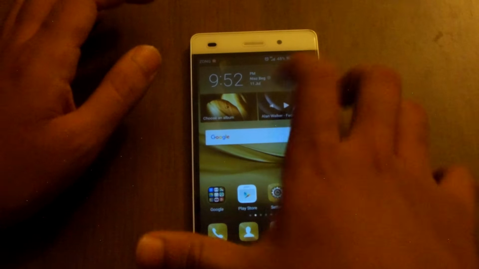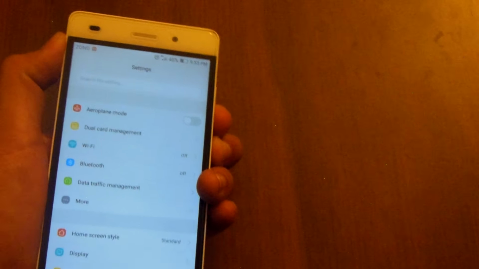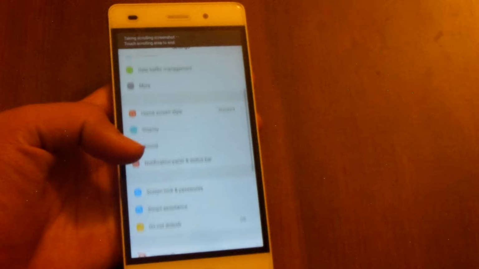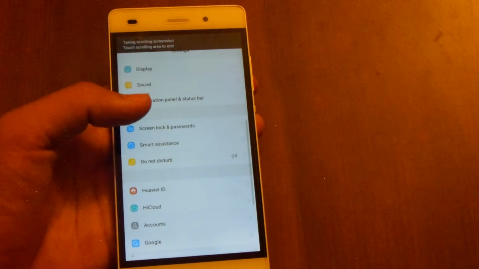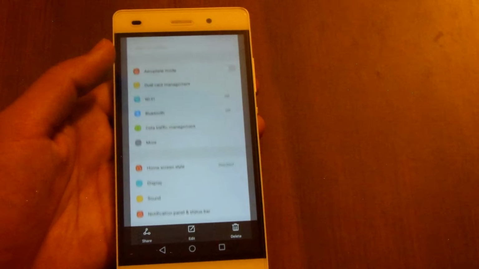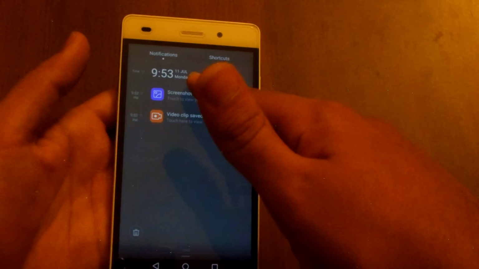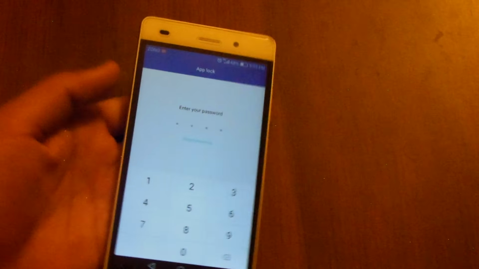Next thing is that you can take a scroll shot. For example, if I take a screenshot, I get an option to take a scroll shot, and the device will scroll itself, and where you want to stop, you have to tap on the screen to stop it from scrolling. So now let's check the scroll shot out. This is how a scroll shot looks.